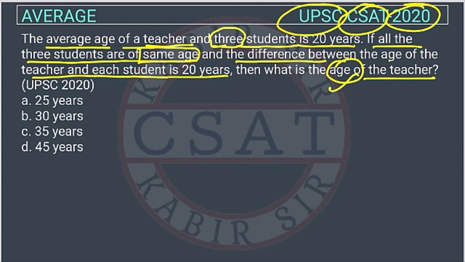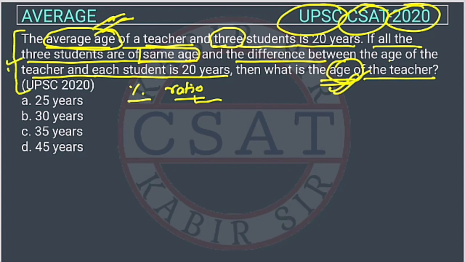See, it looks like this is a problem on age, but the average age is given. So in this question, the examiner is using the concept of average. So he is applying the concept of average on a problem of ages. The examiner can even apply percentage or ratio, right? So any concept he can apply on any problem. So you have to understand the problem. If you can understand this question and if you know the basics, you can solve it easily, no matter what